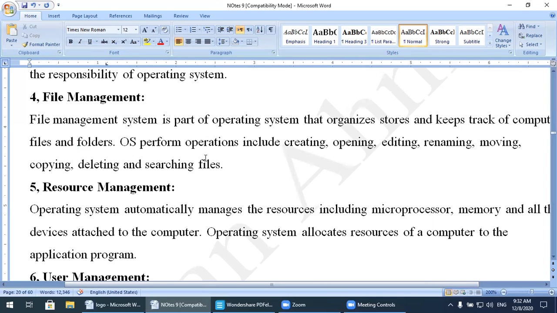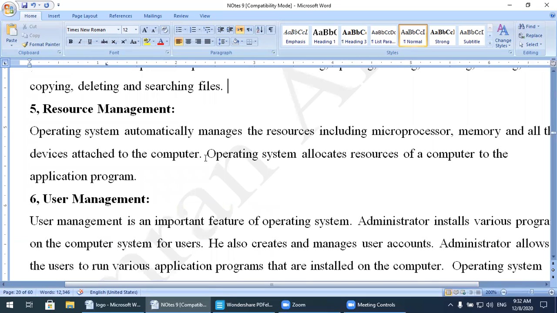Next one is called resource management. I told you how many resources there are: input resources, CPU, memory. The hardware and software parts inside the computer system are known as resources. The operating system automatically manages the resources. Watch here, how many resources? Including the microprocessor, which means CPU, and memory, which means RAM,